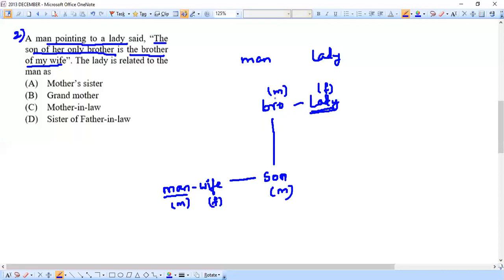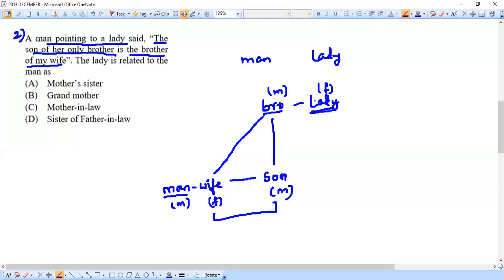So this person's father is here. And one more thing, it should be noted that if this wife, the man's wife we have here, this wife's brother's father is here, then what about this father? We can say this person is going to be the father for this person also. Is it or not? See here, if these two are siblings, I mean this wife and this son, because it's clearly given that this son is his wife's brother, that means the relation between this wife and this son is going to be brothers and sisters. So that means their father must be the same. And we reach this man.